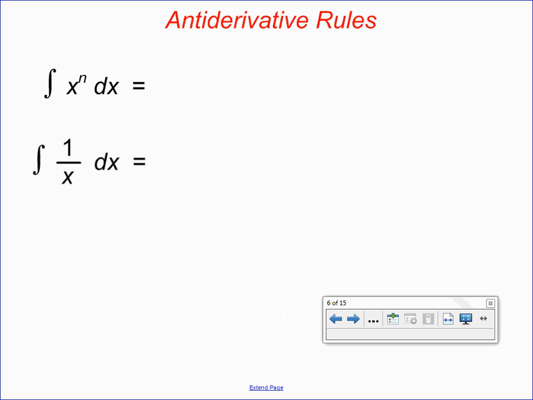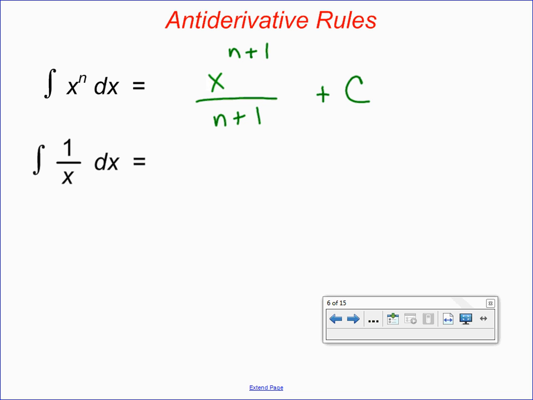So, we want to make sure that you're comfortable with your antiderivative rules, and we've seen this the past 3 class periods. And so I just want you to look. You don't have to write this down. We know that an antiderivative, that is an indefinite integral for a power function x to the n in general, is gained by reversing our derivative shortcut rule for a power function. That is, exponent times the base raised 1 less. Reverse and undo, we would add 1 to the exponent and divide by the new exponent. So we know this will be x to the n plus 1 all over n plus 1. That is, add 1 to the exponent, divide by the new exponent. Don't neglect to include a plus c.